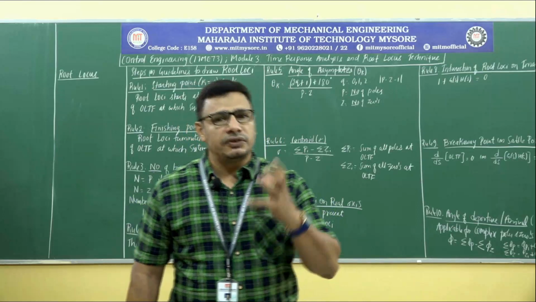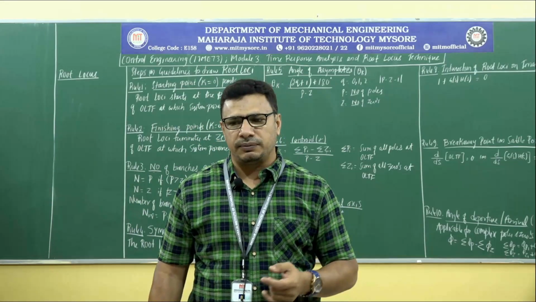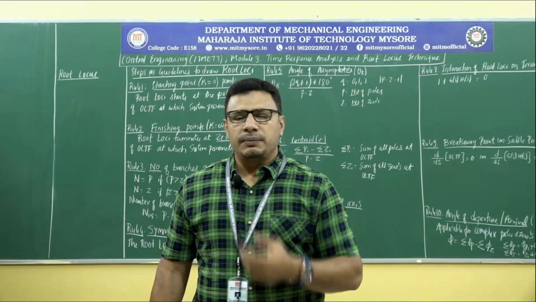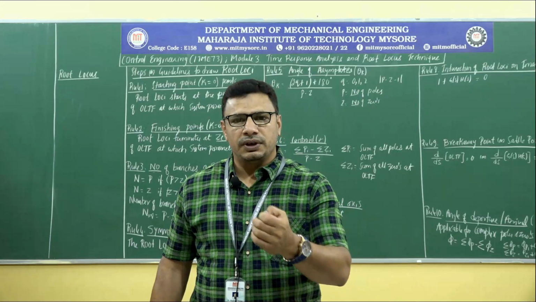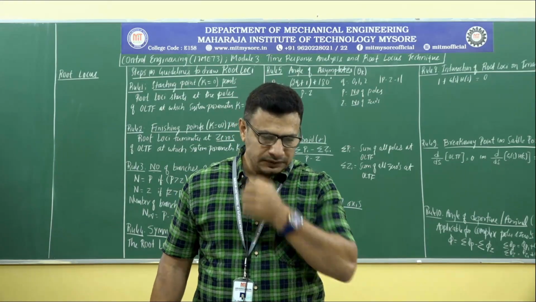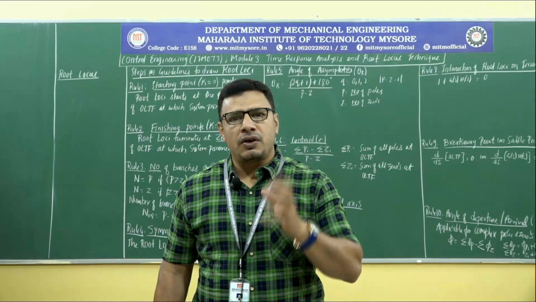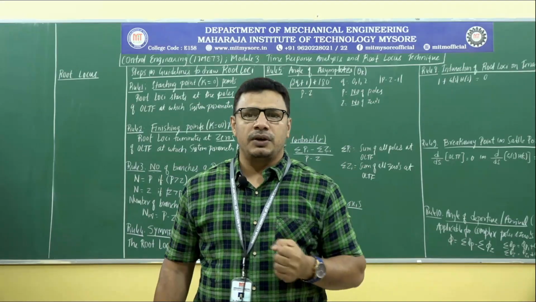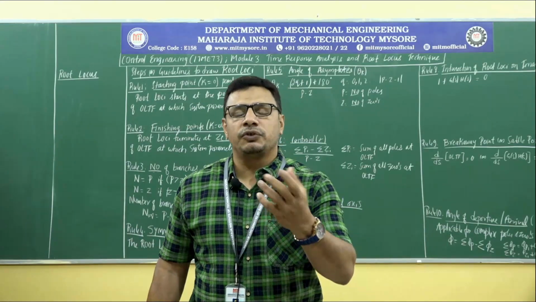Consider the example of the ceiling fan, consider the example of a microwave oven or any of the systems. Now, consider the example of a ceiling fan itself. What is the input to the system? Electrical energy in terms of voltage and current. What is the output? It is the rotation of the fan. Now, if we want to call the system of the ceiling fan a good control system, its performance should be very good.